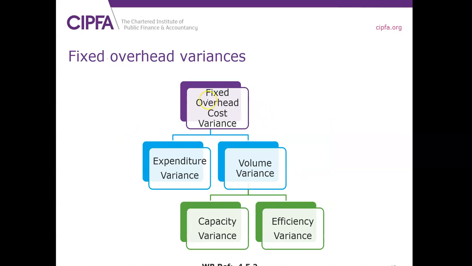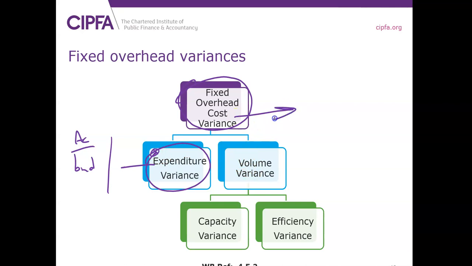Here we are. So that's your fixed overhead cost variance, the actual cost variance. And this is broken up into the expenditure variance, which is literally the difference between what we thought we were going to pay and what we actually pay. That's just expenditure, and like I argued, this is the real variance. You see this cost variance here? Another time I'll explain. You don't need to know it, but this cost variance really is an accounting variance,